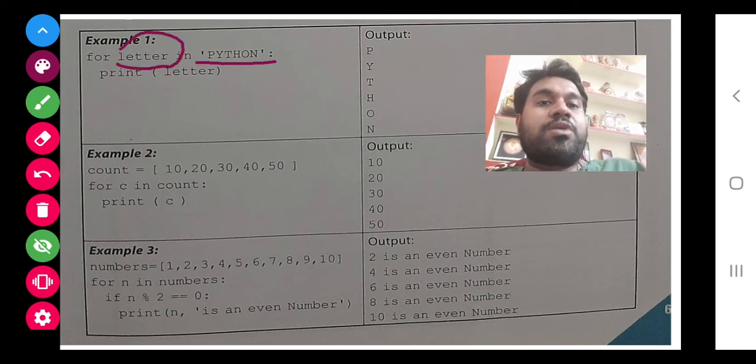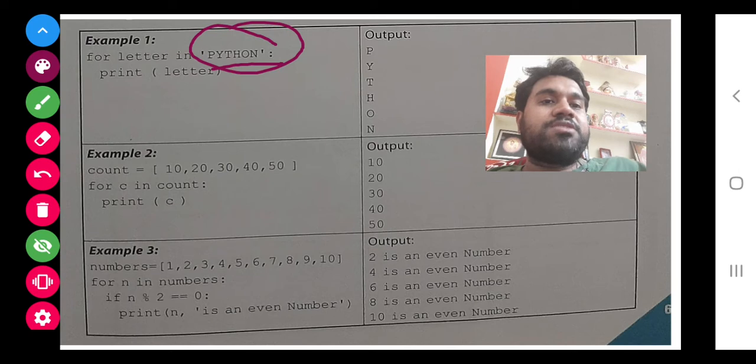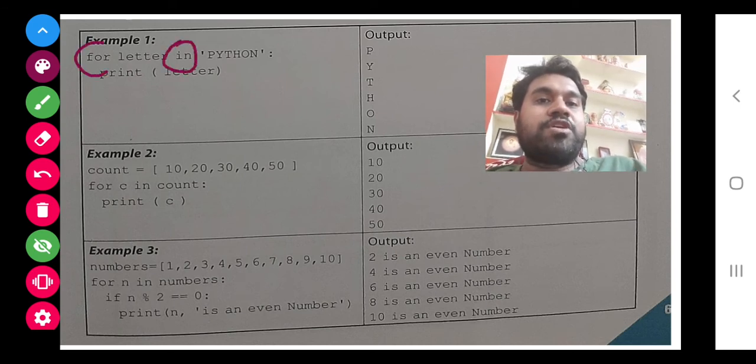Letter is a counter variable here, that is the control variable. Python is a string, and under the string there are certain letters that we want to display. So we have simply written for letter in Python. For is the keyword, in is the keyword, letter is the variable, Python is the string.